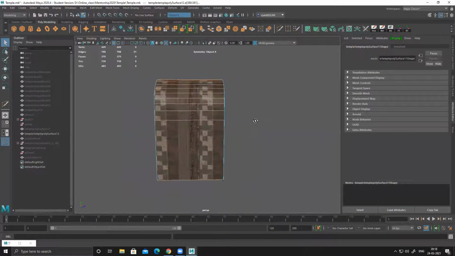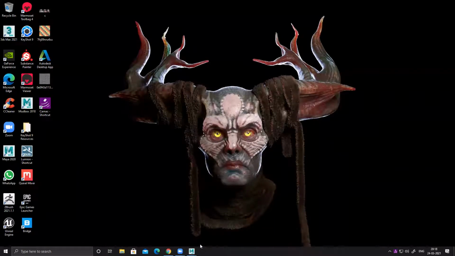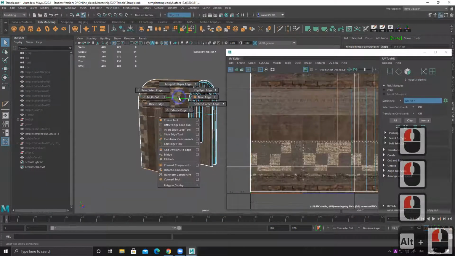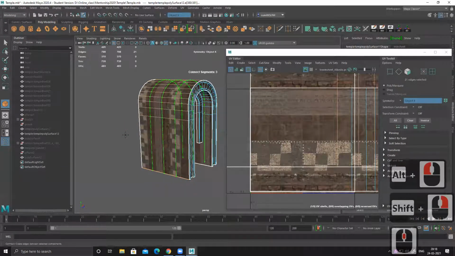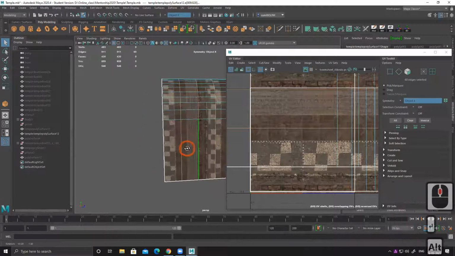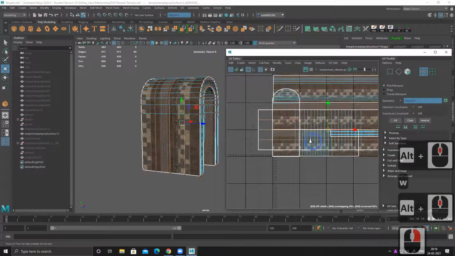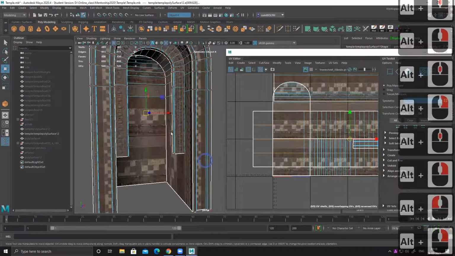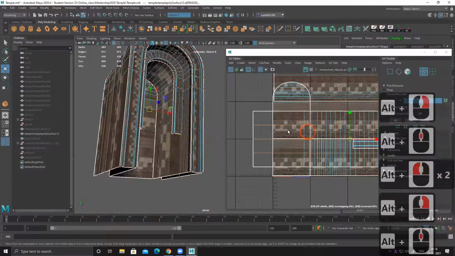Entire ring I have selected. This is my keyboard shortcut. Then I can use the connect tool. So 3 segments looks fine. Enter. I got these 3 segments. You can see this is my UV. Now you can see everything is straight. Inside section, I just placed it here. I haven't done anything there yet.